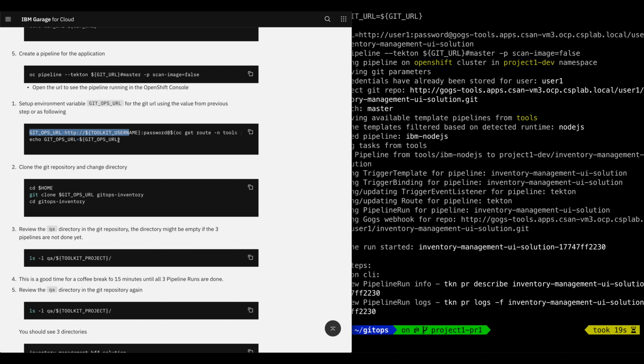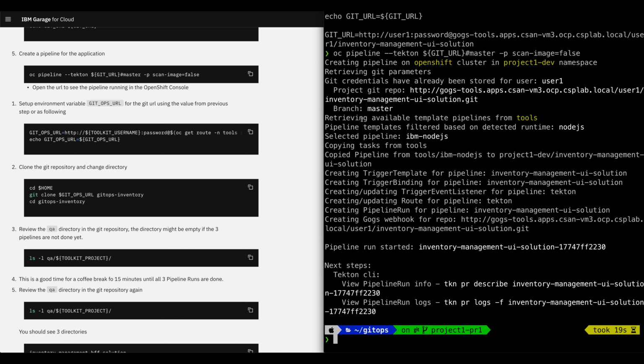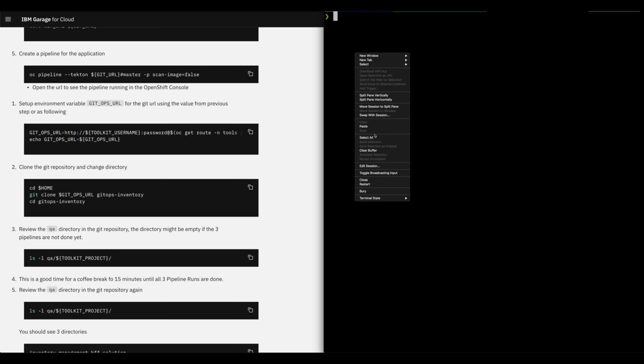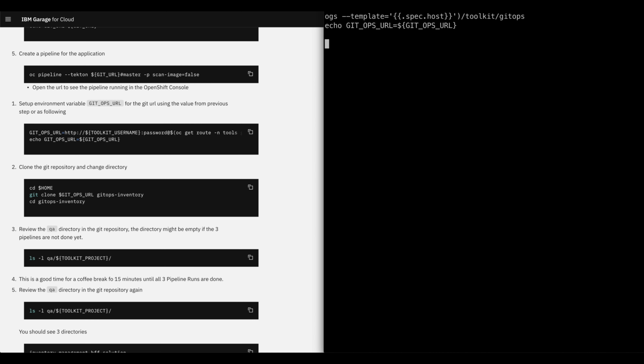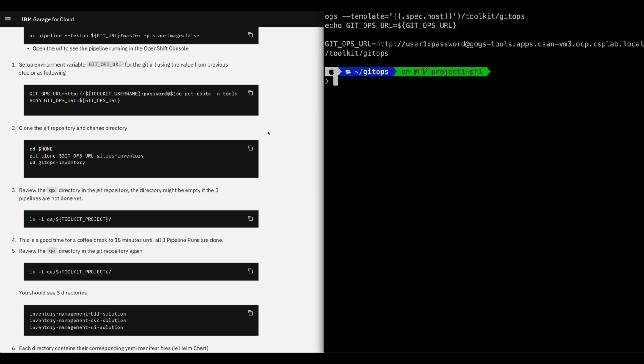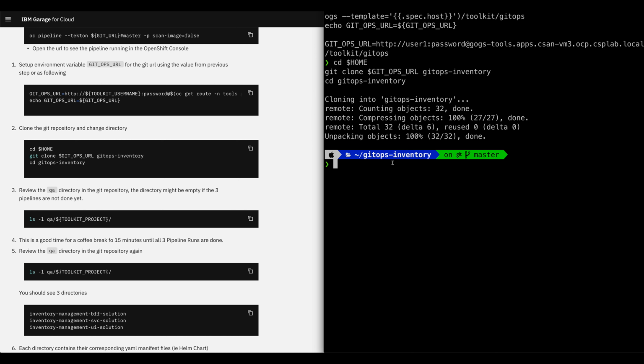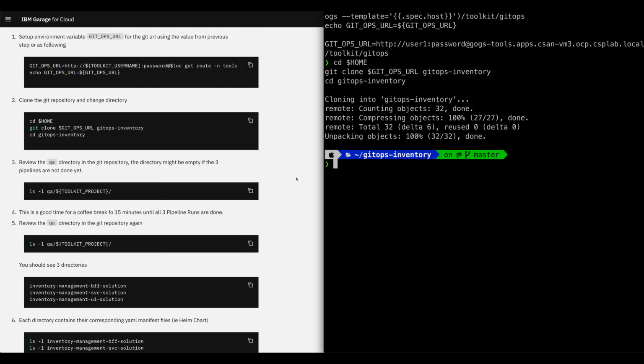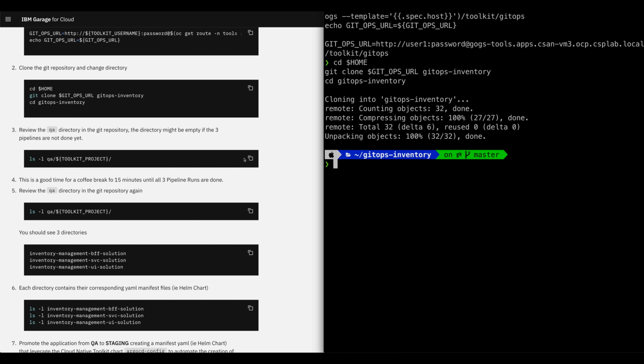So this is a typical scenario where an organization has one GitOps repo sharing multiple applications. So copy the command. Let me clear my terminal and paste the command in there. For this repo, we need to add files. So we need to clone the repo locally. So let's copy the command to do the git clone, paste it in the terminal, and then we'll have access to the files. As you can see,